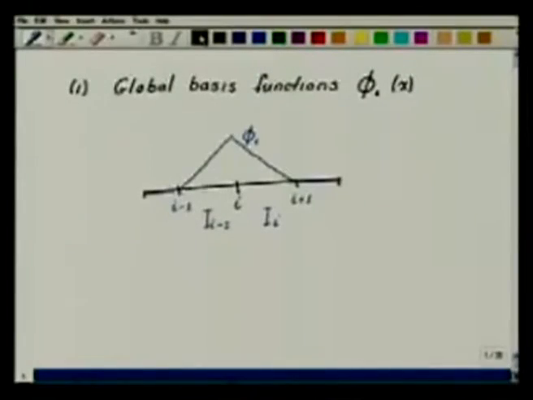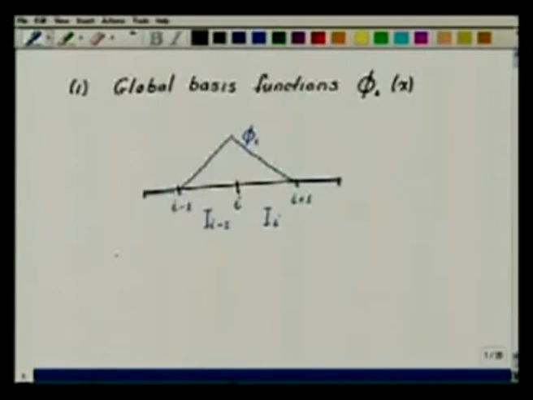Now, it is not always obvious what kind of functions we have to use for the given problem of interest. So, we should have some kind of a general mechanism by which we can see what is the minimum smoothness requirement on the functions phi I that we are using to form our global basis functions, before we can define these global basis functions. For different differential equations, you will have different phi i's. So, let us see how to do it.